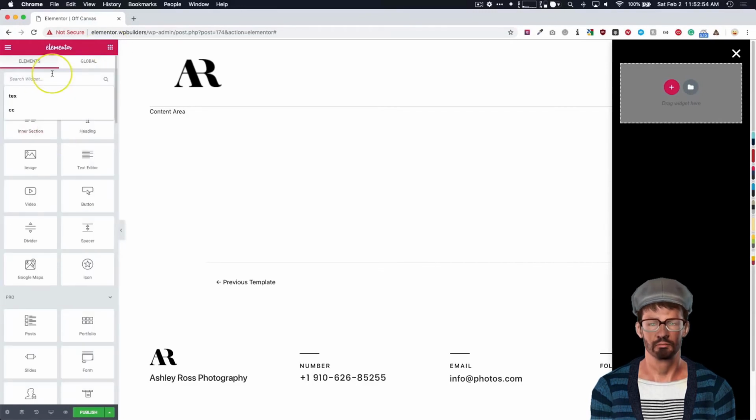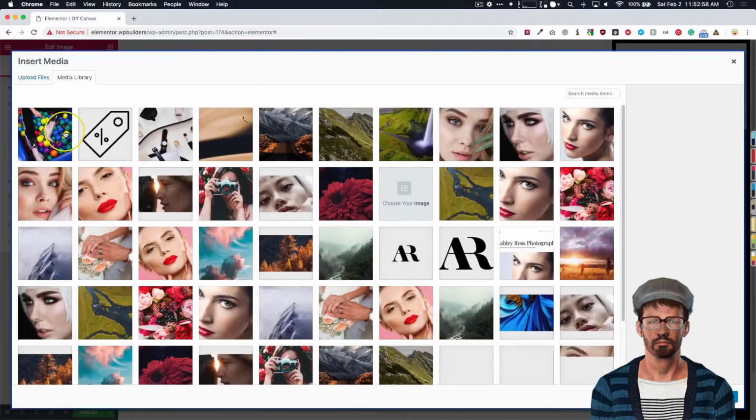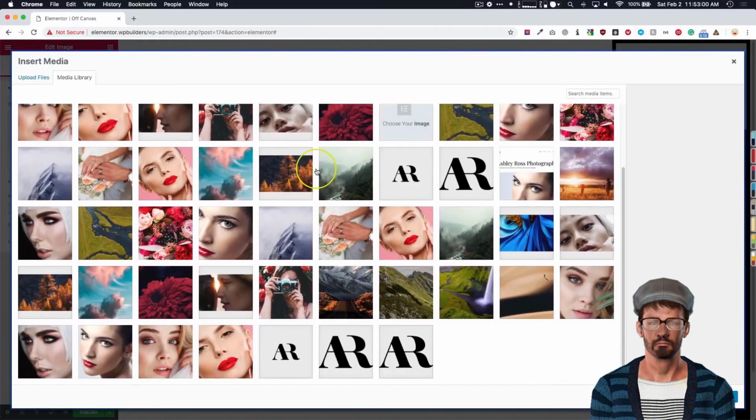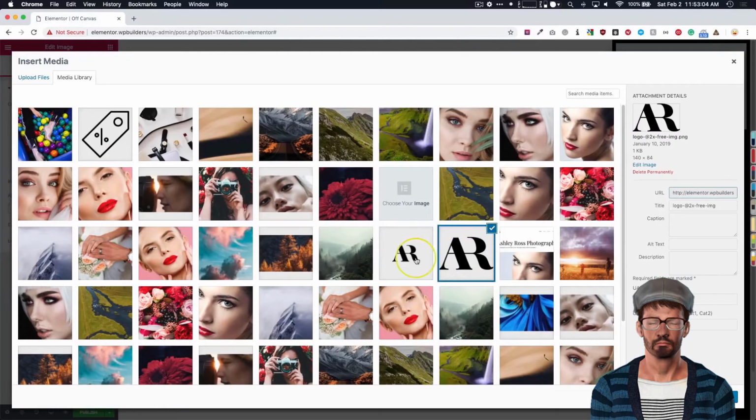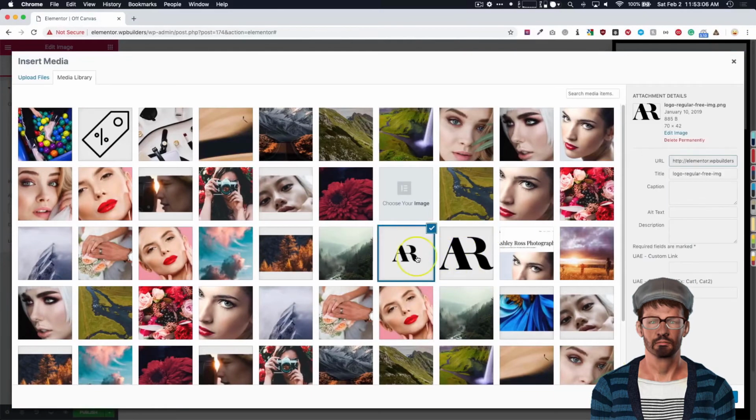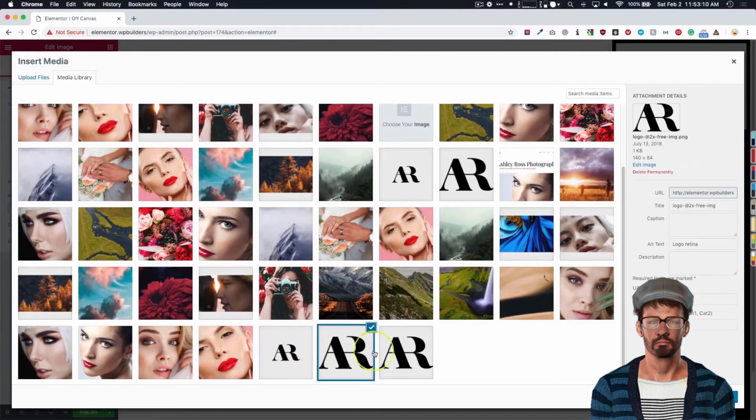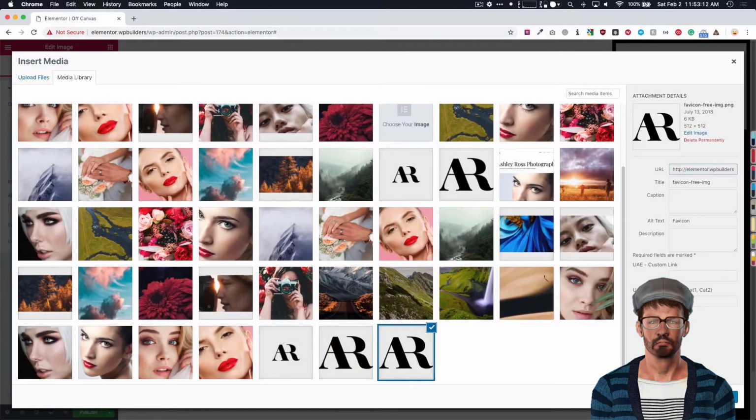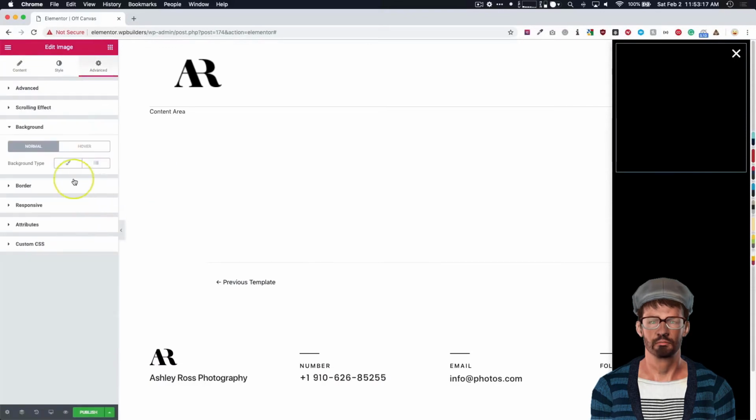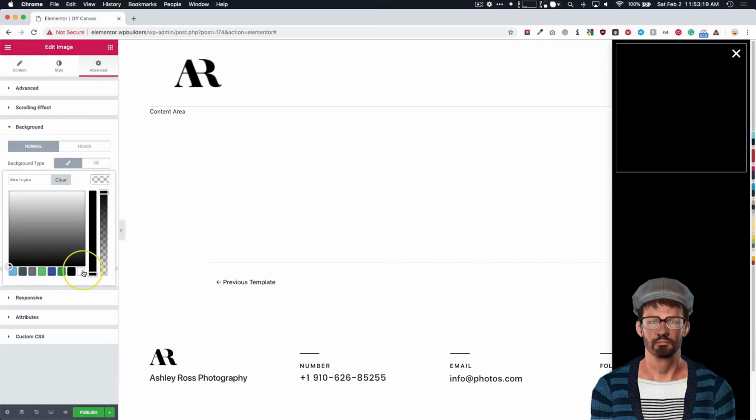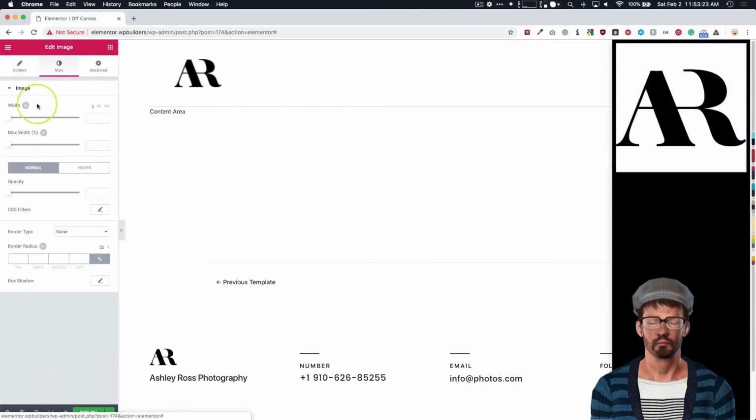So I want to do an image, and we could pick an image up here if we want to have any of these. We can choose this one right here or one of these. Let's go ahead and choose one of these. Let's do this one, and I'm going to make the background of this white just so it can stand out some. Change the width of this,